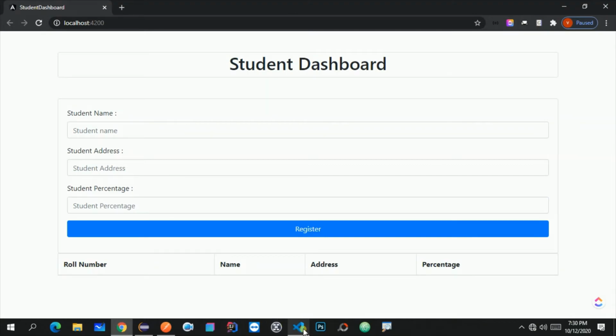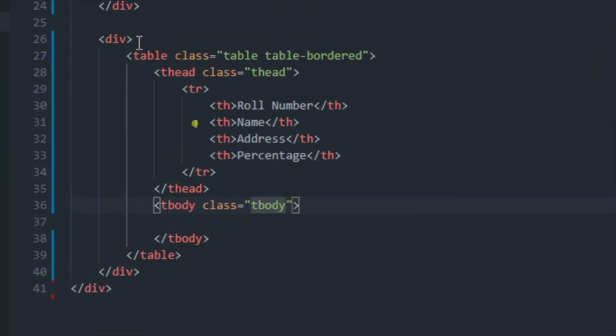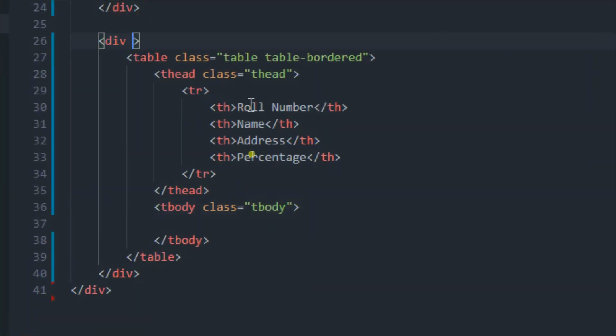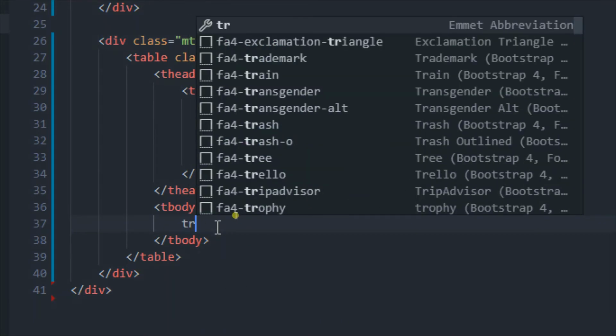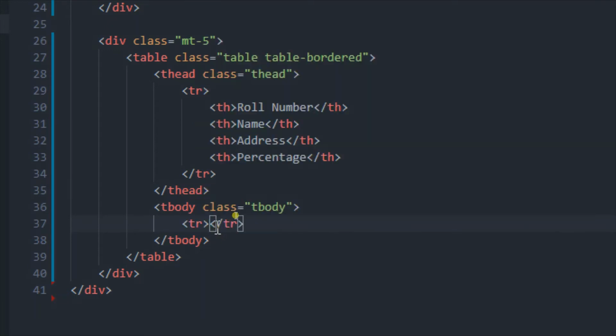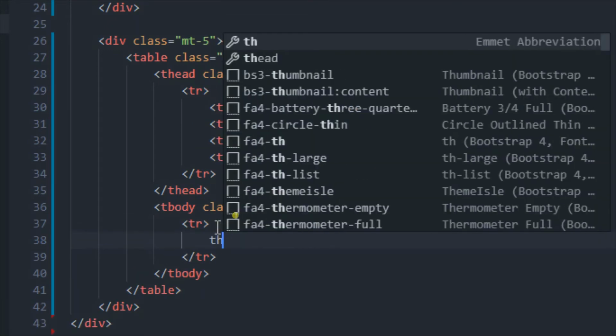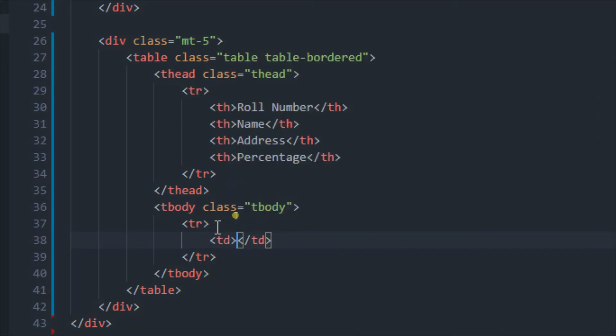So let me go to Visual Studio again, and give one class to this div, which is mt-5, which means margin top 5. Now inside the body, let me take one tr, which denotes table row, and the table data. The table data will be, again, all these values.